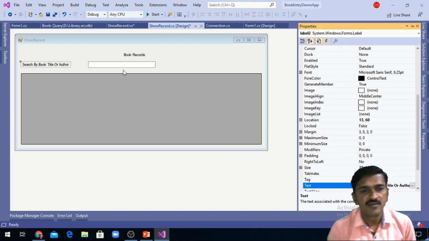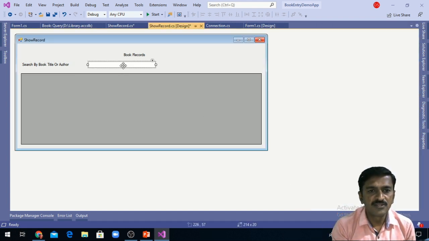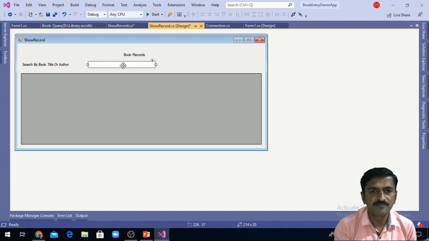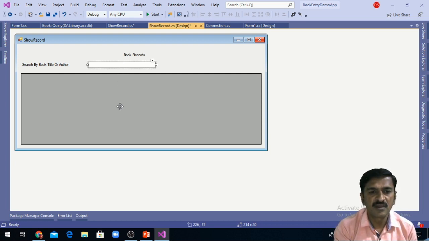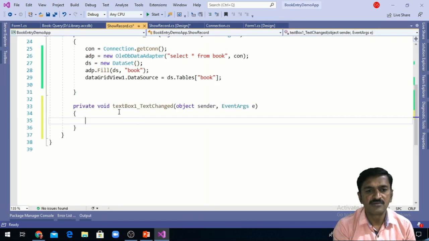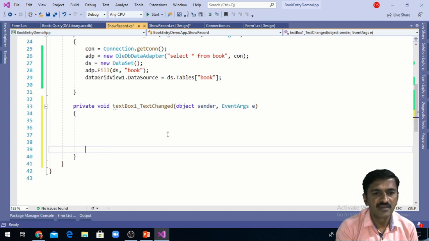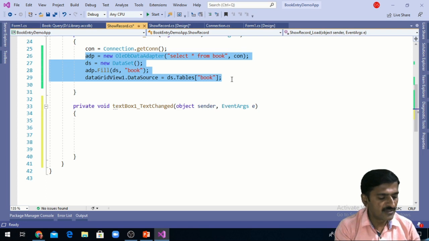Then we can write the code for this text box change event. Once the user enters some text into this text box, according to that I need to filter the records which are in the data grid view. So I am double clicking on this text box, and I can find the text change event. To this text change event I am copying the same code that I have written in the form load event for displaying all the records.